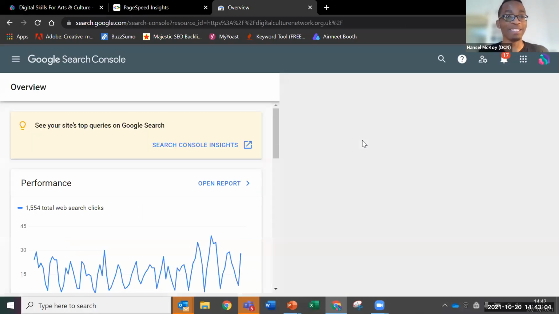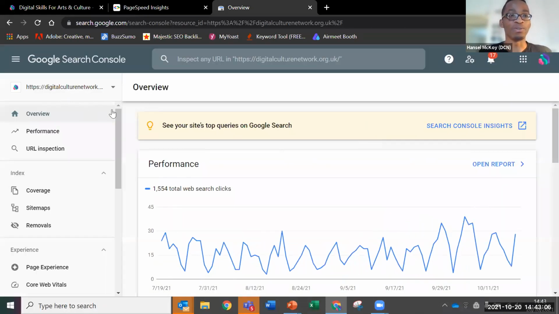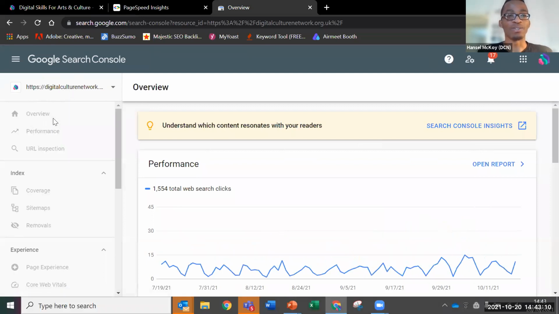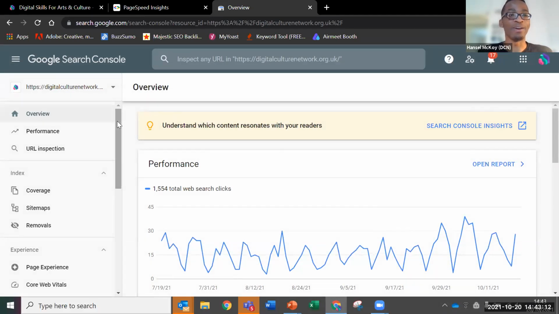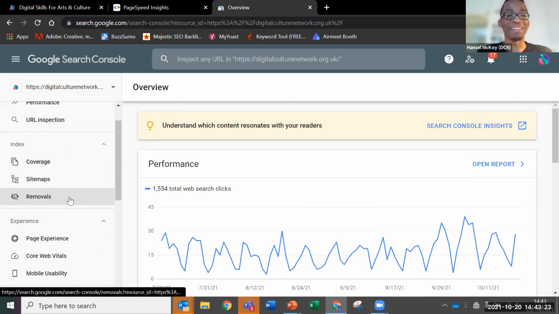So this was Page Speed Insights, and now we're in Google Search Console. When I go to Google Search Console, the first thing that I see is an overview. This is how many clicks I have received to my website over time. But what we're specifically interested in, there are many things that we can go into for Google Search Console, because